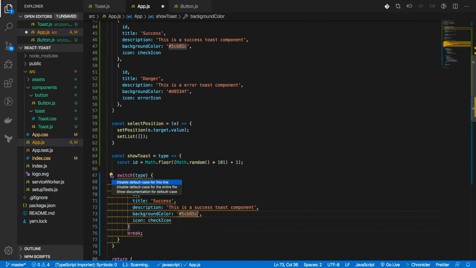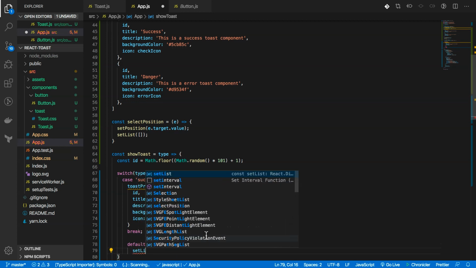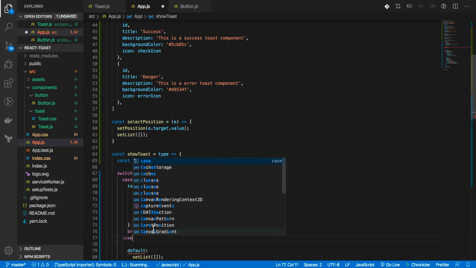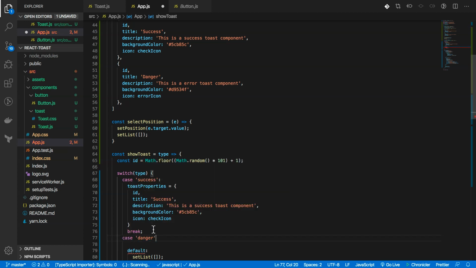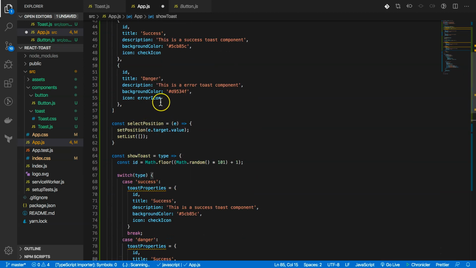Let me see why I'm getting all this. Okay, I need to add the default case. So let me add the default case. The default is just going to be an empty array. Set list right here. Then the second case, which is going to be danger. I can copy this right here. The ID is still going to be the same, but the properties,